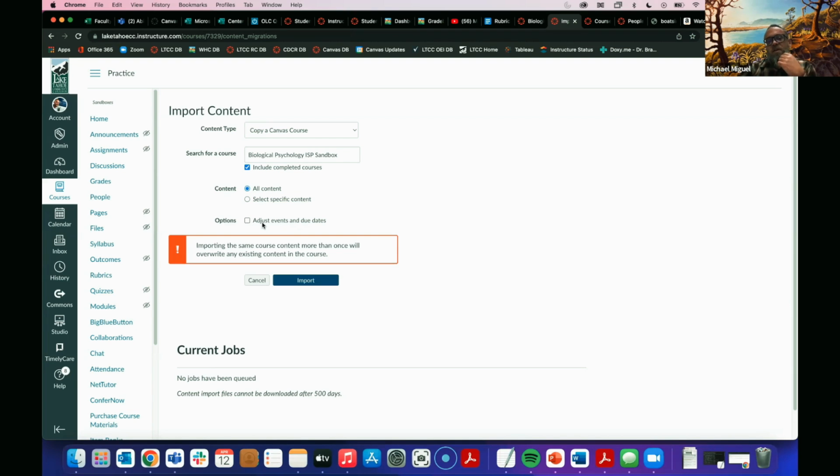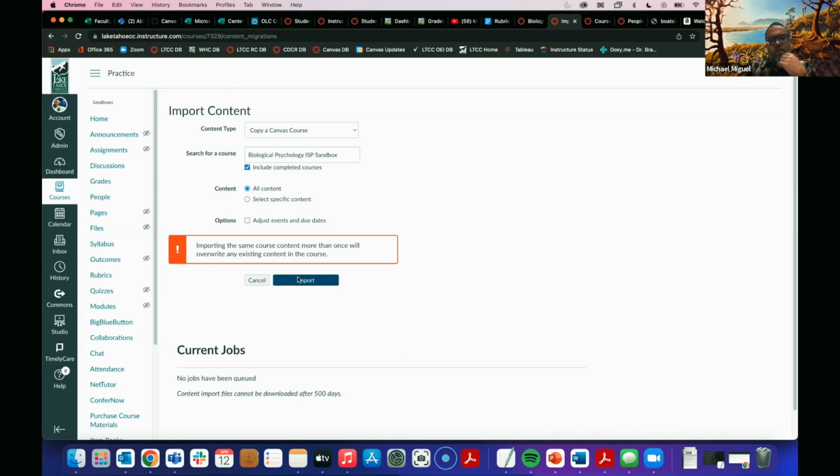Now, this is what I was talking about as far as the adjust events and due dates. I do not like to use this feature. If everything started on a Monday and it was all the same exact amount of weeks and the finals were always on the same date, this works better, but there's still a better way to do it. So we'll go over that better way in a minute.